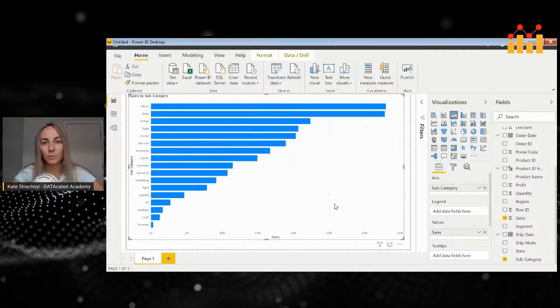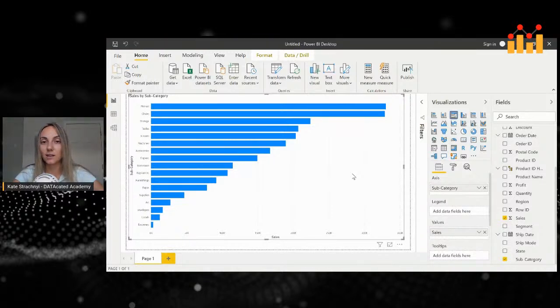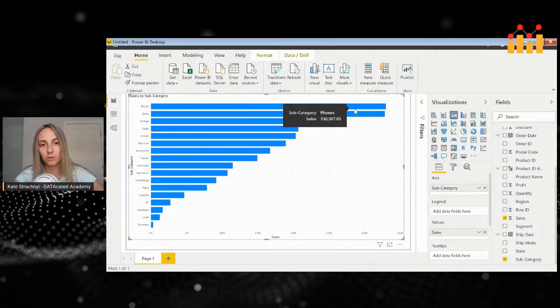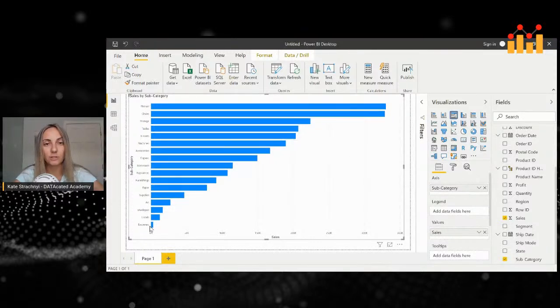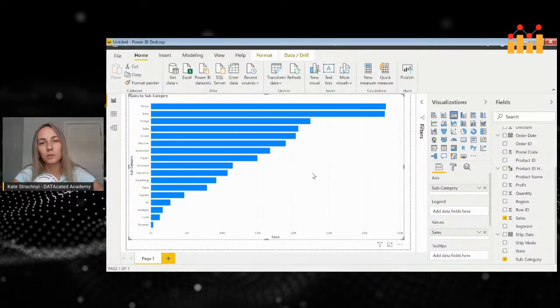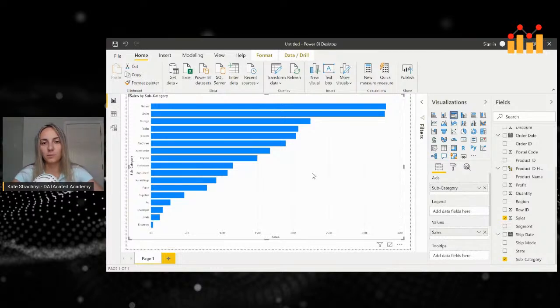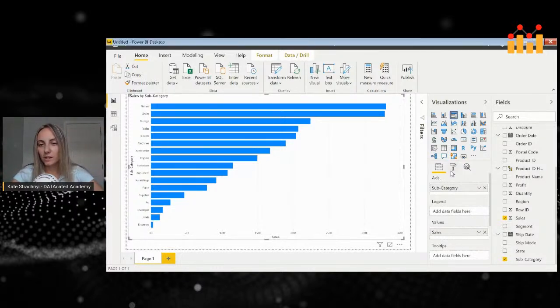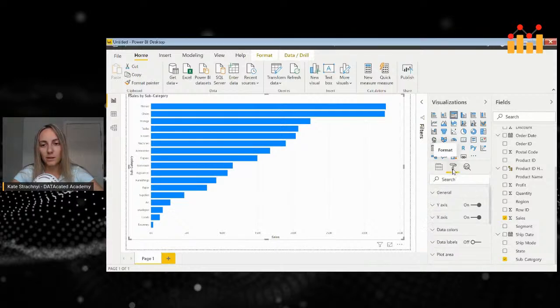And we were using the color blue here. Now, I know there's an easy way to do this in Tableau. If you wanted to put, let's say, sales on color, it would color phones a darker shade of blue, and then fasteners a lighter shade of blue, and everything in between would go from light blue to dark blue. The way to do that here is you actually have to go to this format tab and go